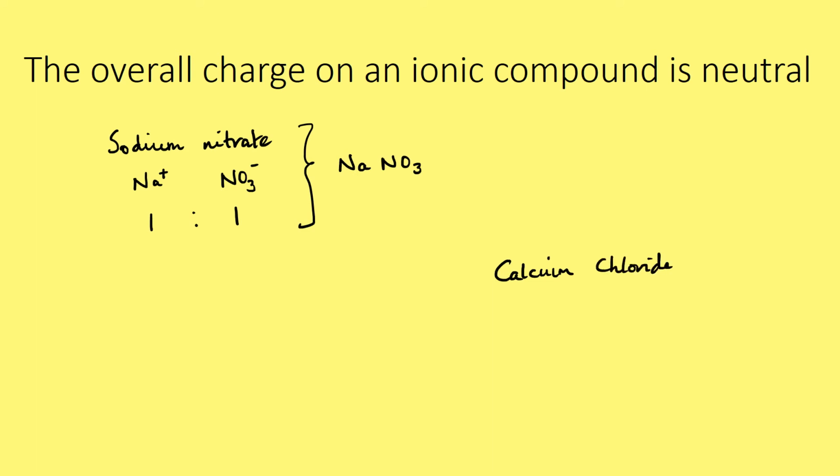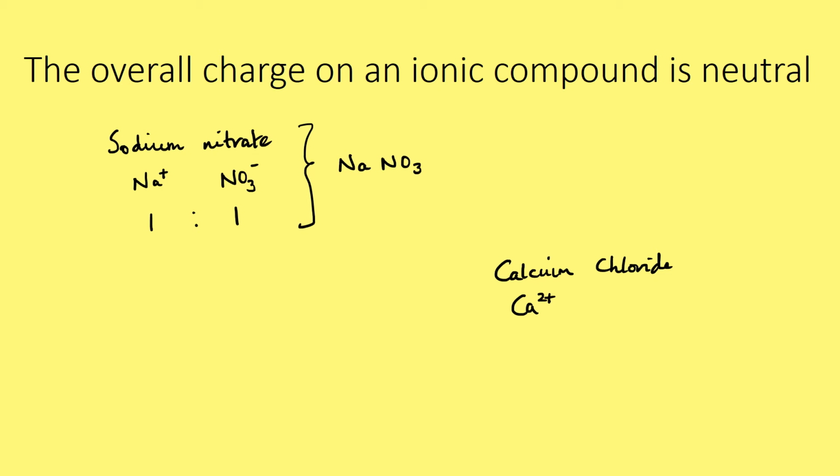So what's the formula for calcium chloride? Calcium is the metal, and you see from the periodic table that it's in group 2, so it has 2 outer electrons that it wants to lose to leave the previous shell full, and when it does that it would form a calcium 2+ ion,